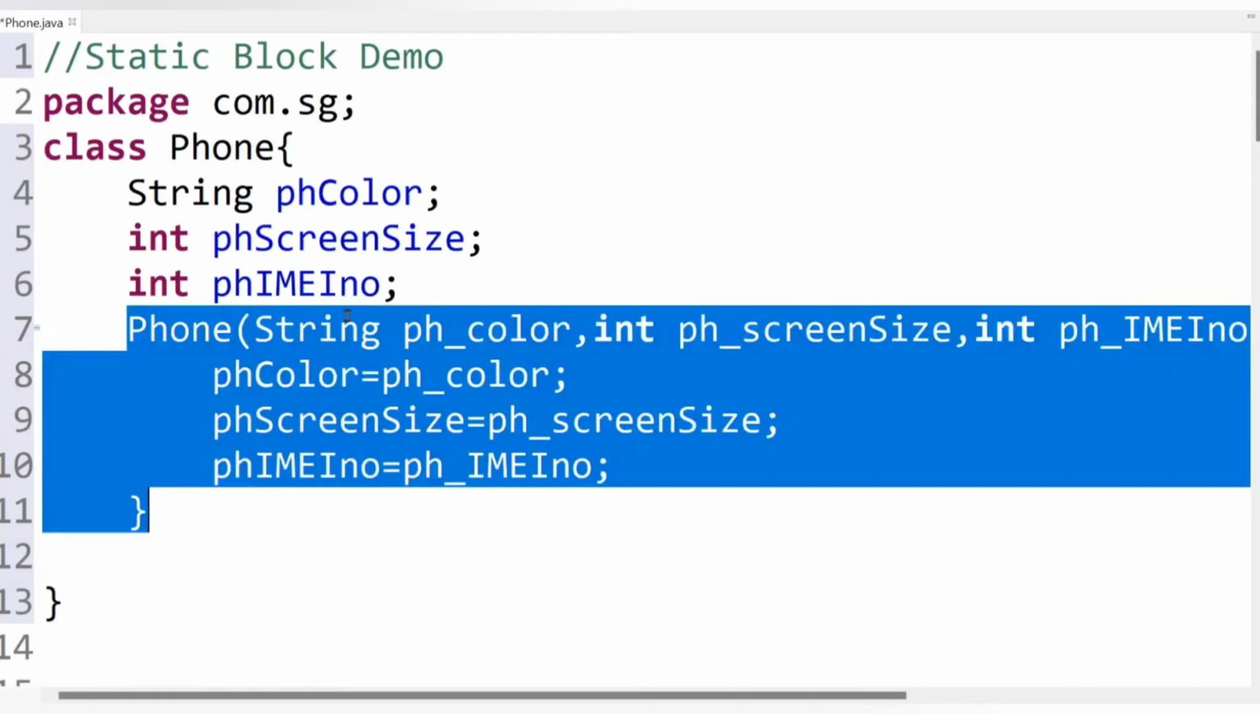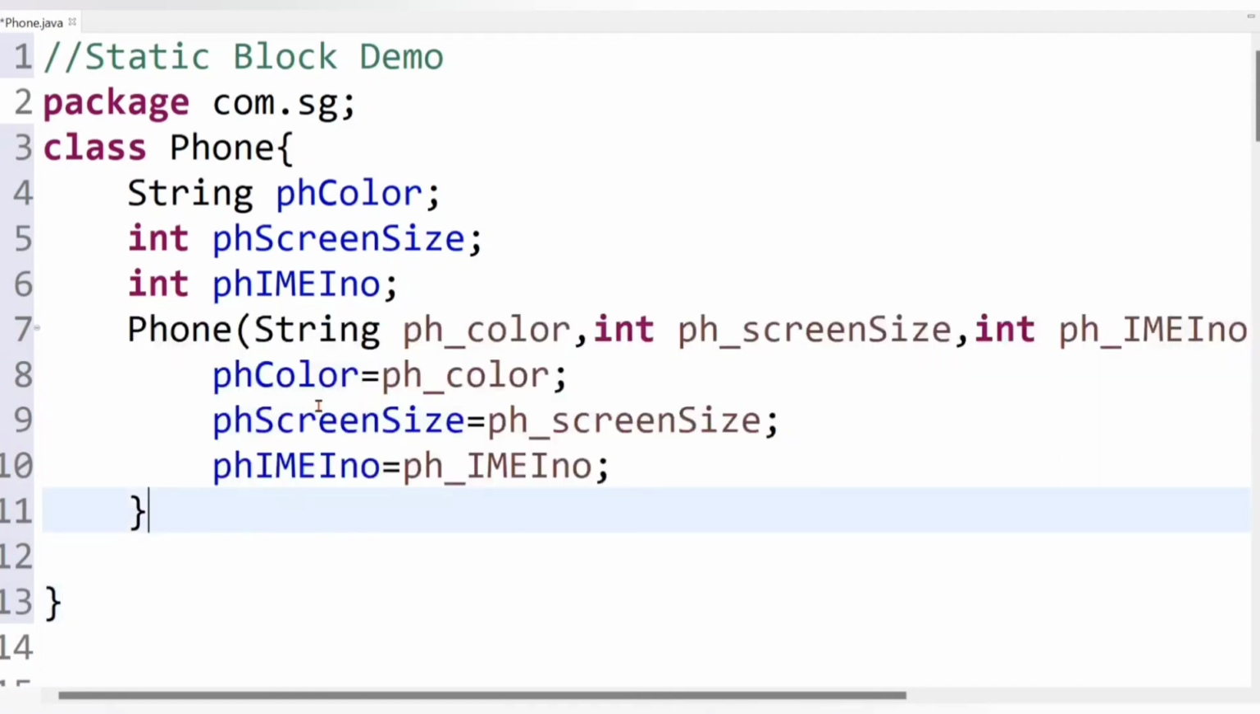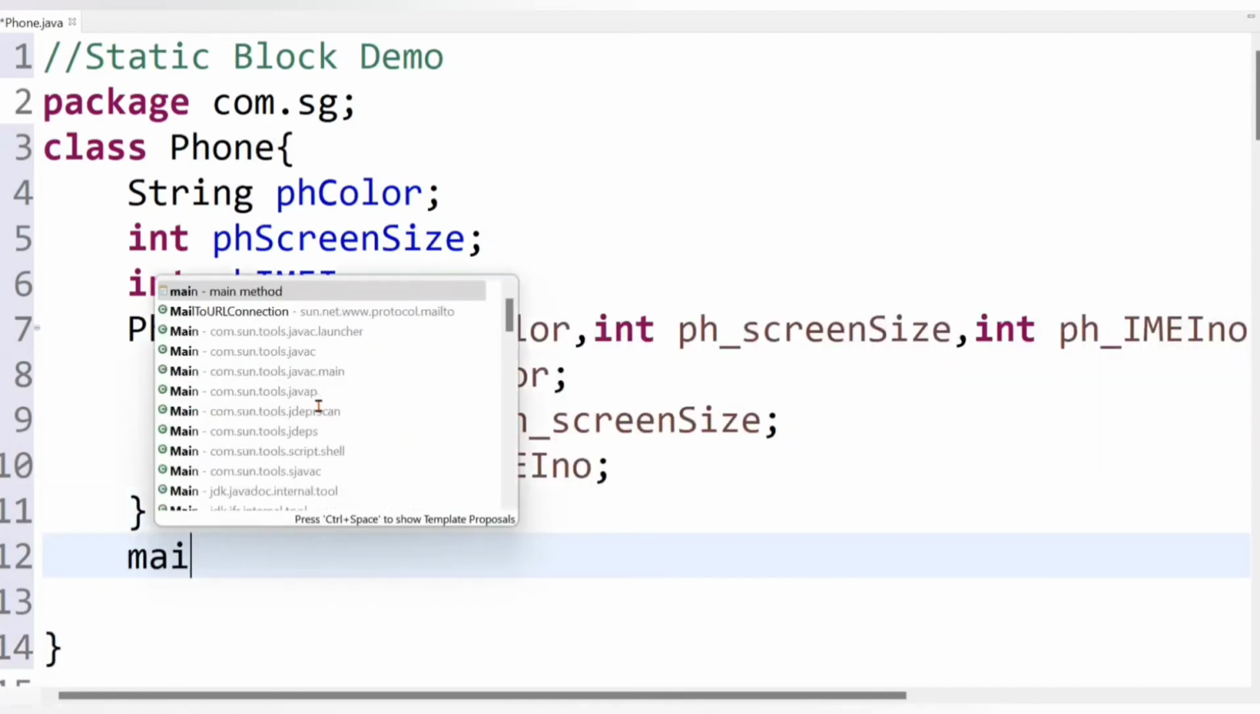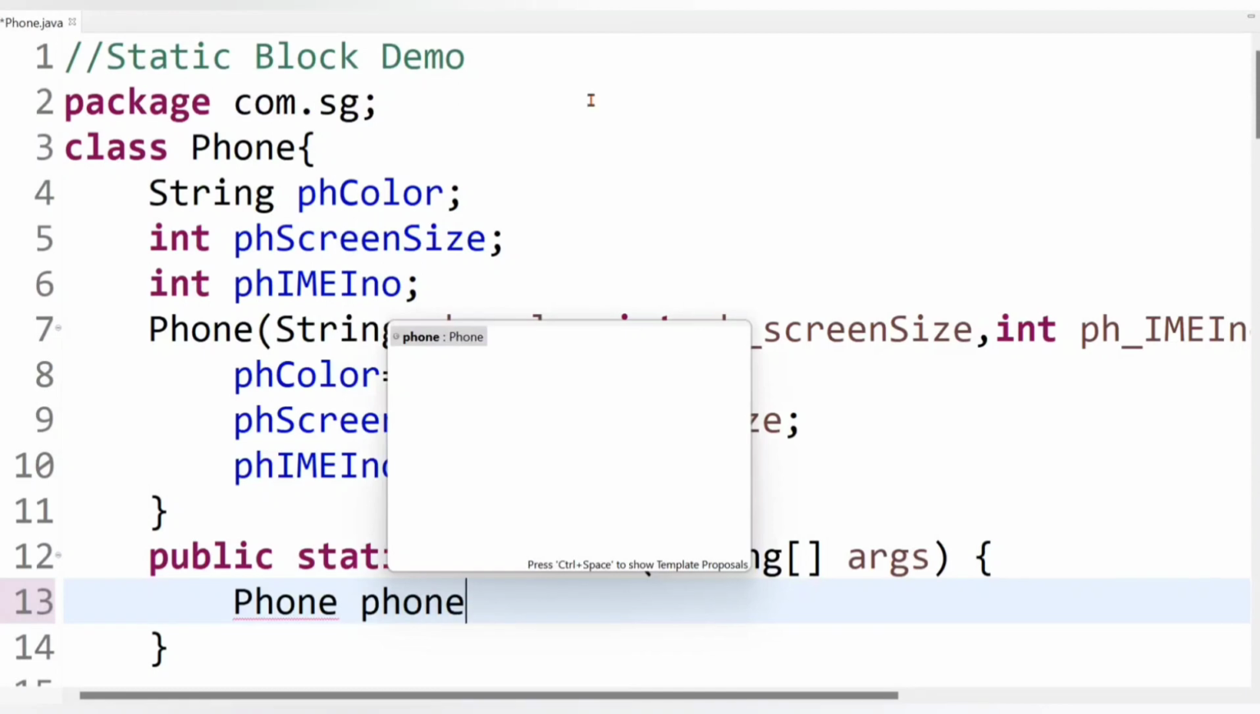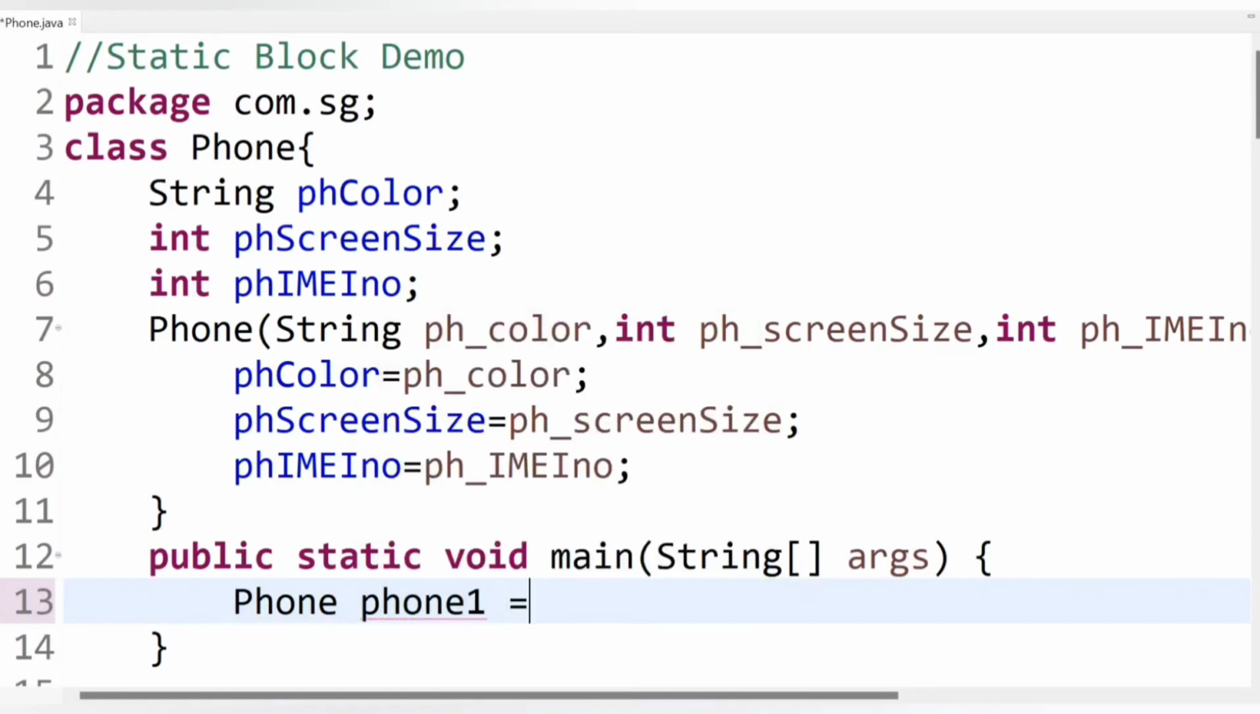And now let's call this constructor so that values will get assigned to these instance variables. But we cannot call a constructor explicitly in Java. It automatically gets called at the time of object creation, right? So for that, we need to create an object of the Phone class. Let's create it inside the main method. Phone, suppose phone1 equals to new Phone,